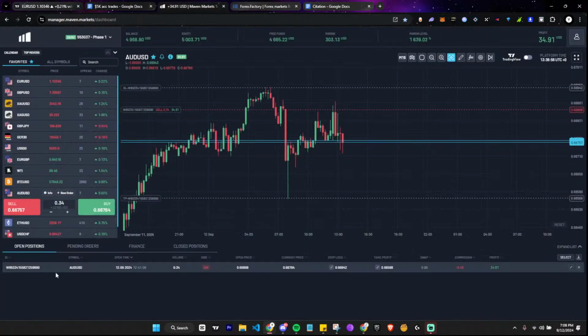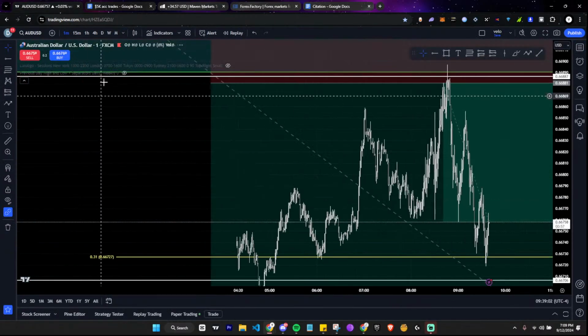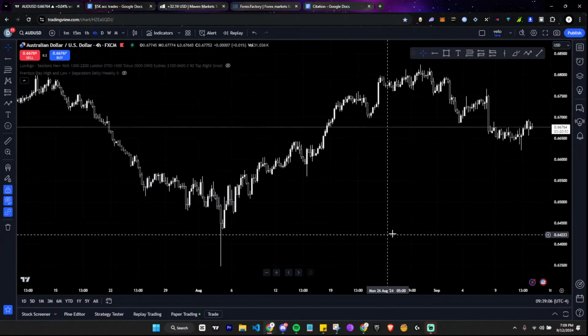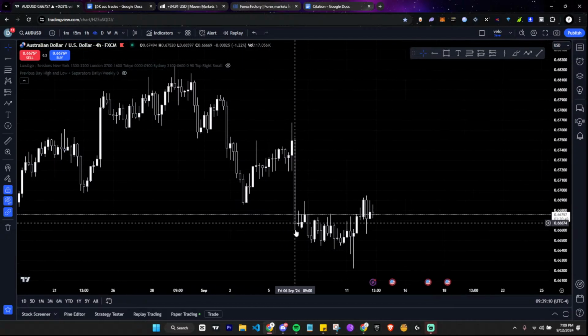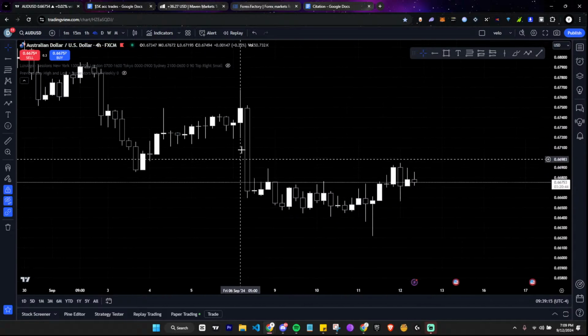Okay, so now let me show you guys the second trade that I'm taking. I'm currently taking that right now, as you guys can see, AUD USD over here. So let me just go and explain to you guys everything in detail from the top down analysis. So obviously we see the overall trend, it's bearish, right? We're breaking structure towards the downside. We follow the order flow, and over here, if you guys see, there's a fair value gap, right?